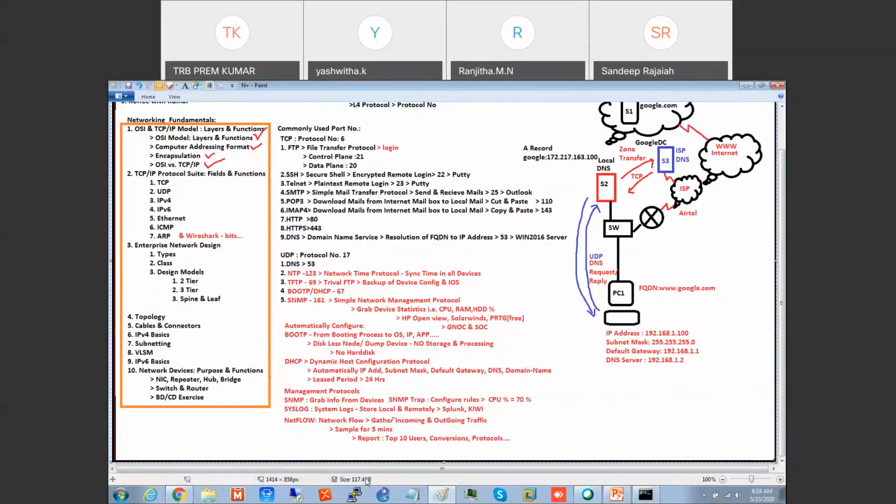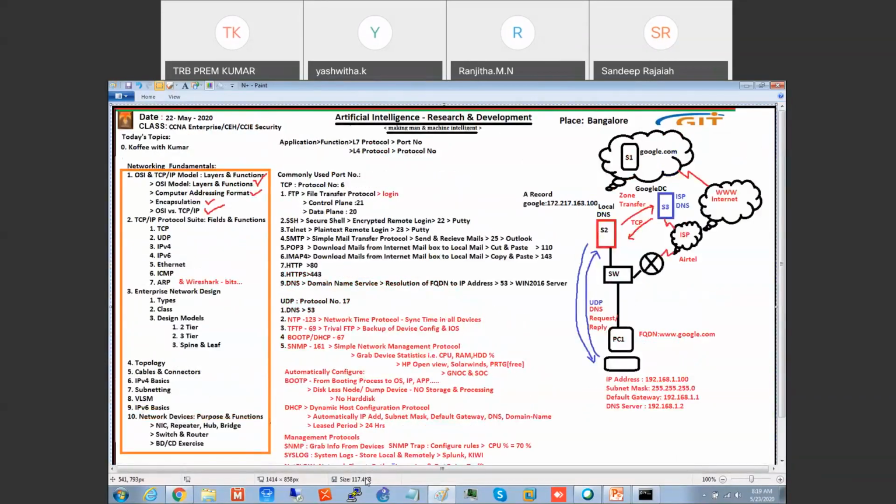So you have to understand when to use TFTP and when to use FTP. TFTP is within your organization LAN, inside your trusted zone. Like for example, you are inside your house. You are a big guy.